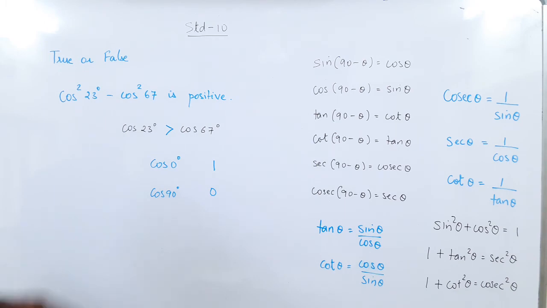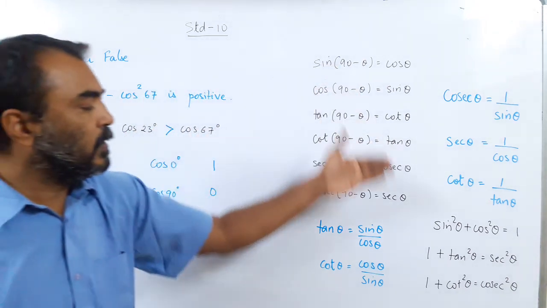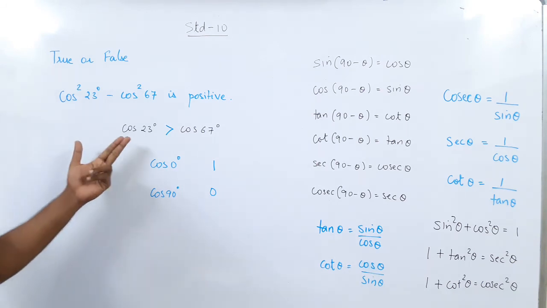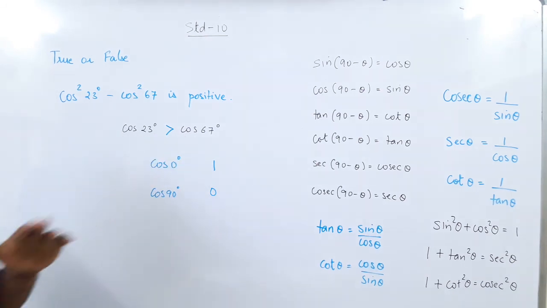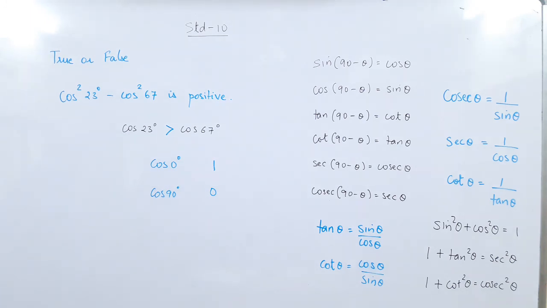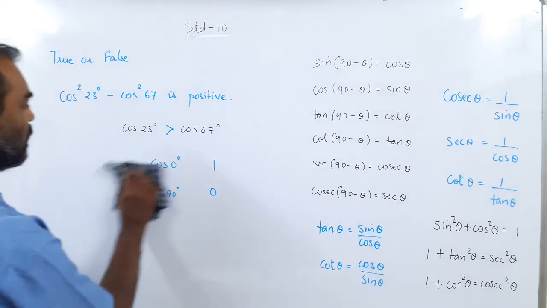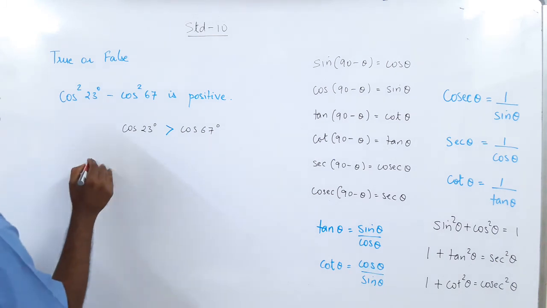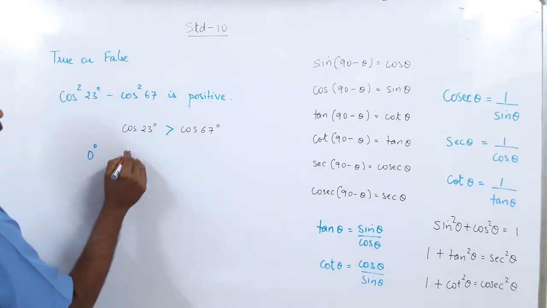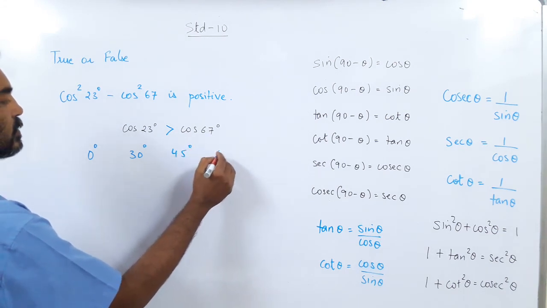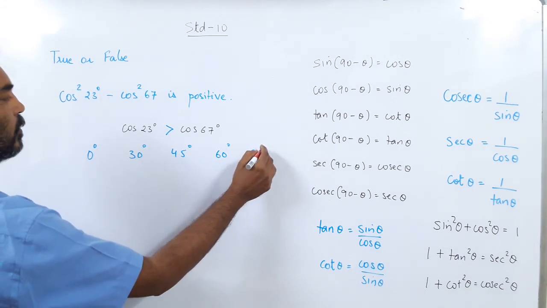So this is not a direct question. No formula is used here. We had the table which we had made. There also 23 degree and 67 degree are not given. But what you can make from the table. Okay, so let us draw the table one more time. Let us write this table here and see the idea, because that is also what we are supposed to use. So we had 0 degree, 30 degree, 45 degree, 60 degree and 90 degree.